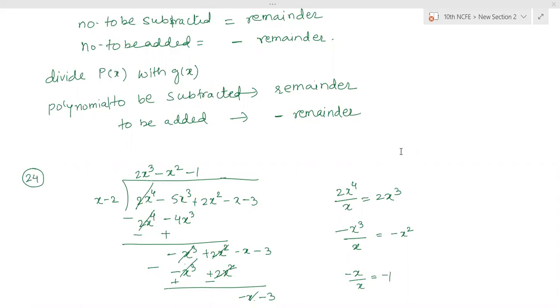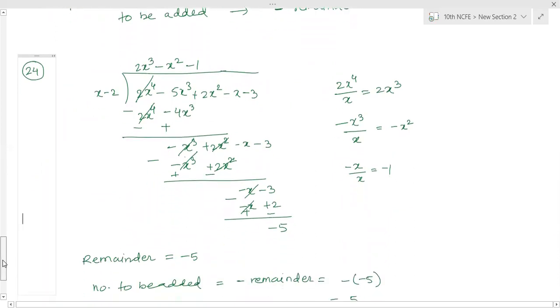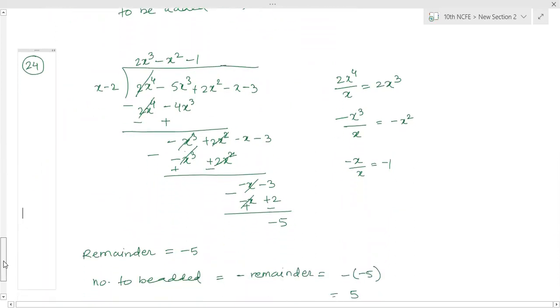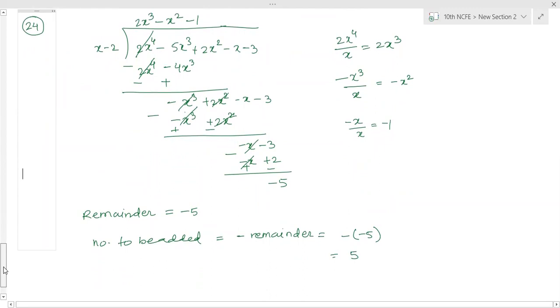Can you say the 25th question? Yes, what you told. Ma'am, it's on the 25th question. 25th question done, ma'am. Yes. Ma'am, what do we have to do? Is the answer 2x plus 9? Yes, 2x plus 9, right? Yeah, 25th question you don't have, sorry.